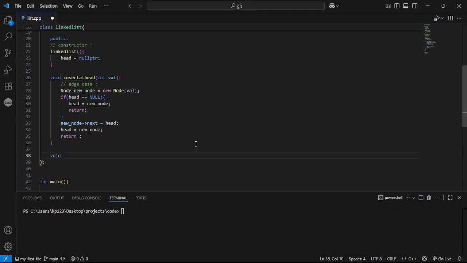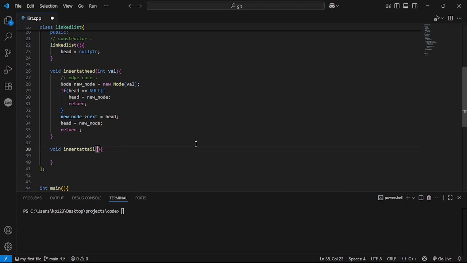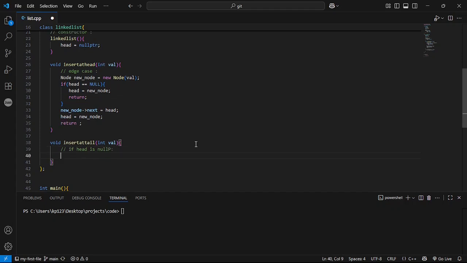Void. Now we'll be inserting at tail. Insert at tail. We want to insert our value in val at the very end of the linked list. So first of all, if head is null,